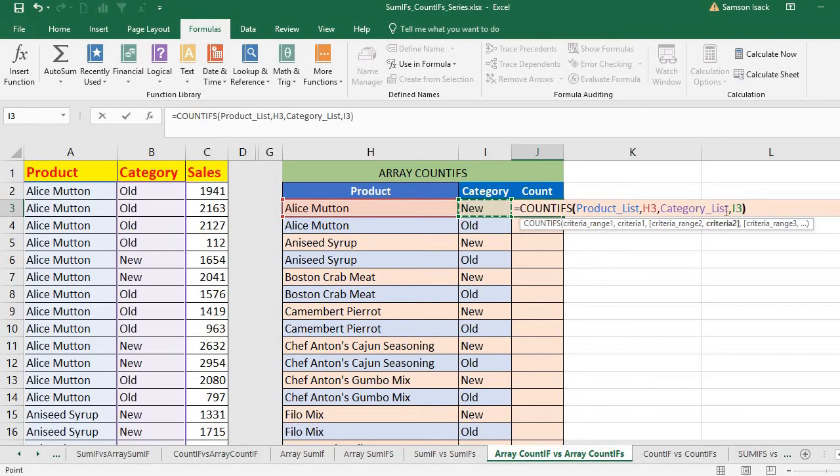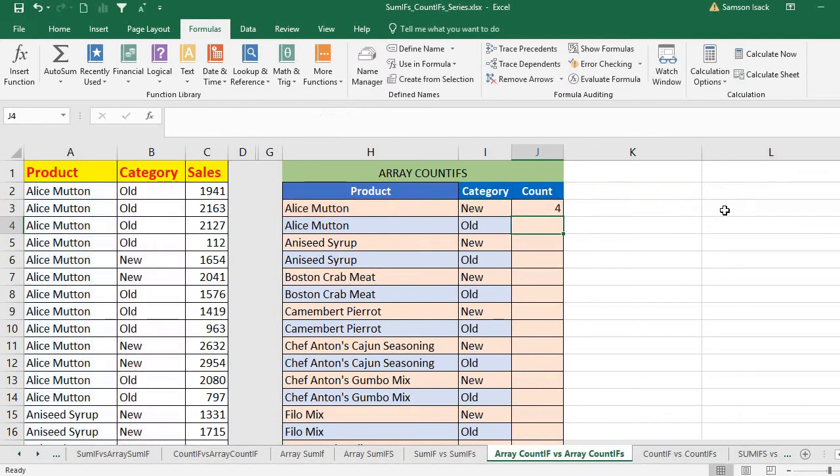So close the bracket, enter. You can see 4 records for Alice mutton and new. Is it true? 1 2 3 4 records for Alice mutton. Okay, the same way for Alice mutton and old. How can we do that? 9 records. 1 2 3 4 5 6 7 8 9 records for the product is Alice Mutton and the